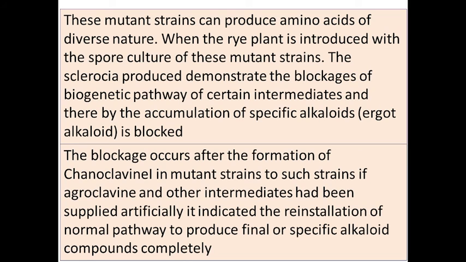And when the blockage occurs due to the chanoclavine mutant strain, then if another intermediate, that is agroclavine, is supplied artificially, then again the reinstallation of the normal pathway will take place and it will produce the specific ergot alkaloid which is produced by that ergot drug. So in this way, this mutant strain can also be used to study various biosynthetic pathways of the drug,